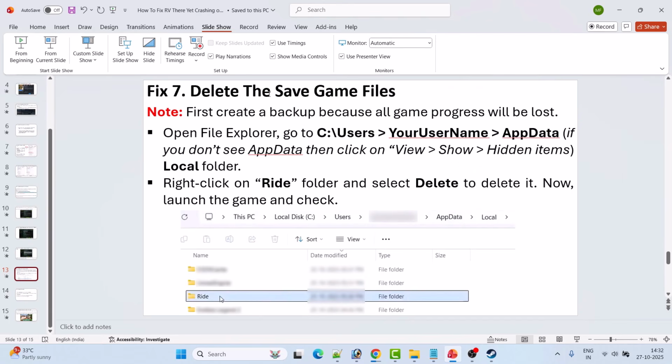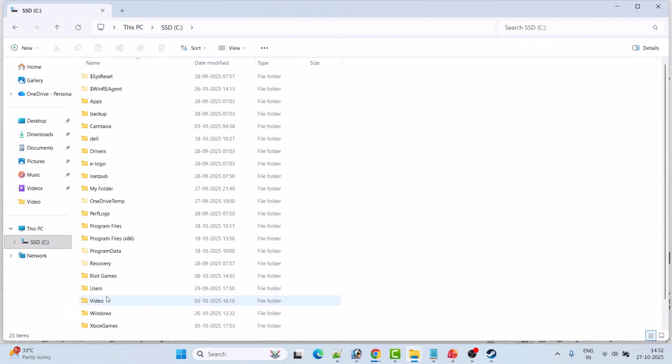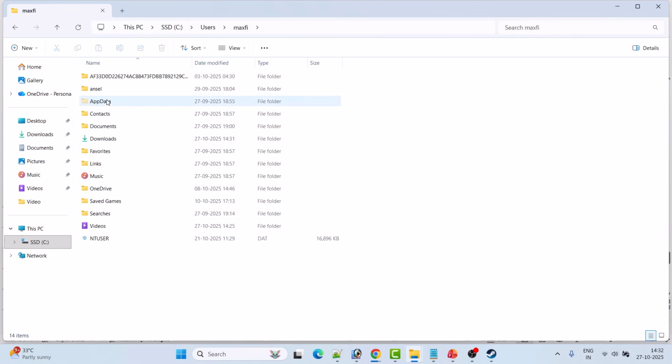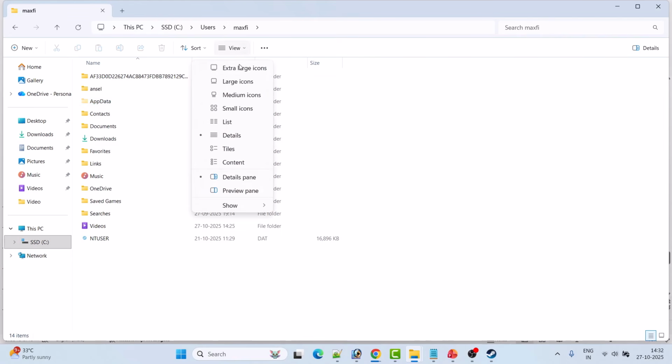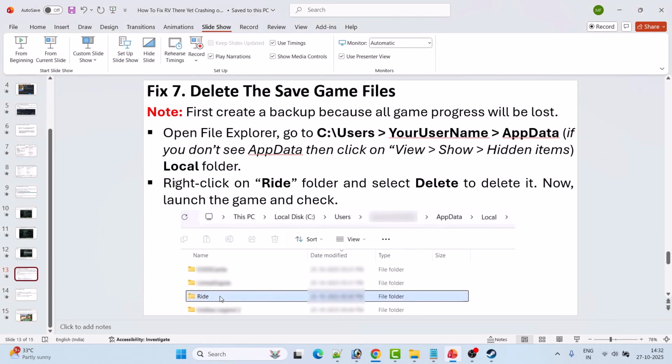Fix 7 is to delete the saved game files. So open File Explorer, go to C drive, open Users folder, open your username folder, open App Data folder. Now if you don't see App Data folder over here, then click on this view, and check mark hidden items. Then open App Data folder, then open Local folder, and after opening Local folder, right click on Write folder